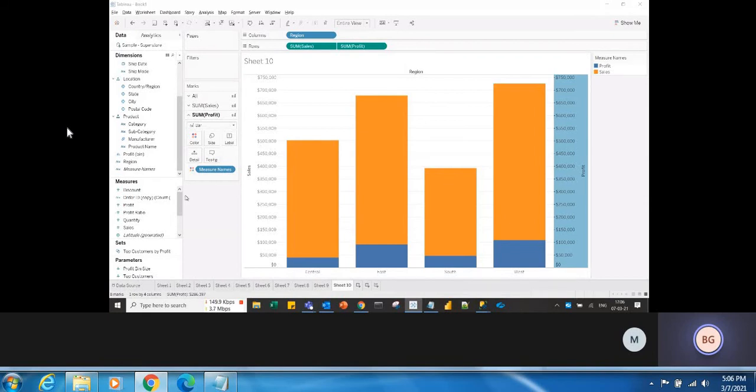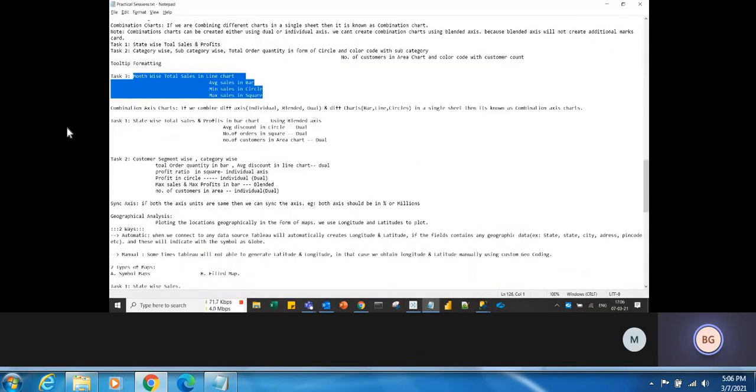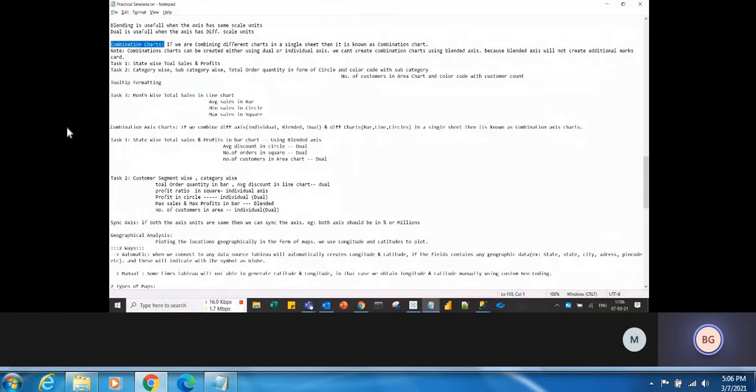So we had seen combination charts, right? Now let's see some combination axis charts. In the combination charts, we combined different charts in a single sheet, correct? Like it could be bar chart, line chart, area chart, circle chart.